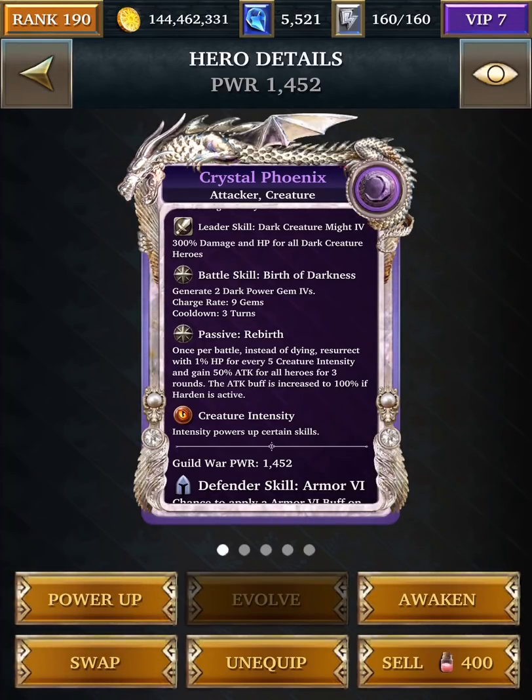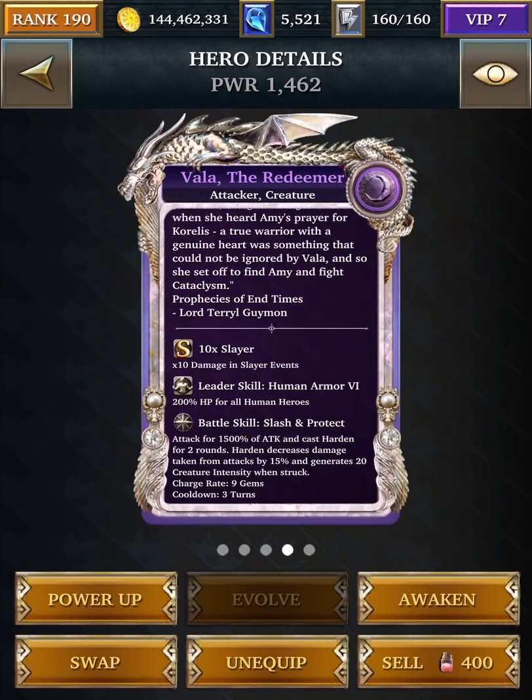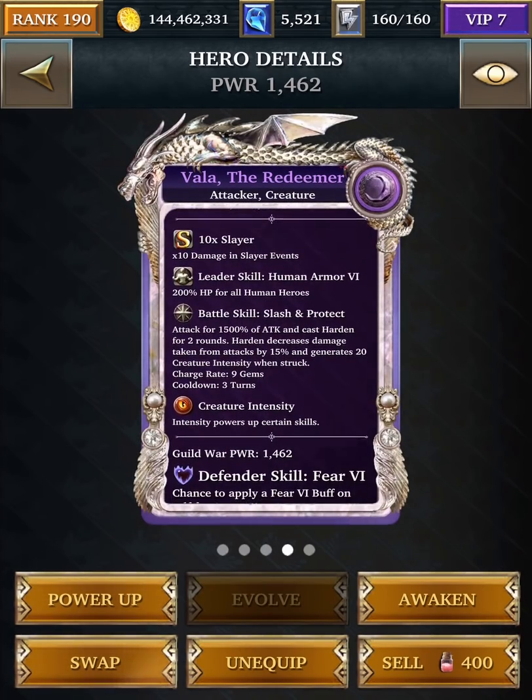So with more creature intensity, you'll get health back, and you also boost up your attack if the Vala's battle skill is active, which is called Harden, and it can go up to 100% additional damage boost. And here's Vala. It really is here to protect the team, if you will, and to give this 10 times bonus attack. Because all it does is, you really just use it for the battle skill to cast Harden for